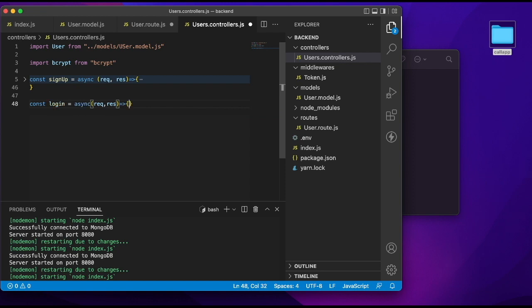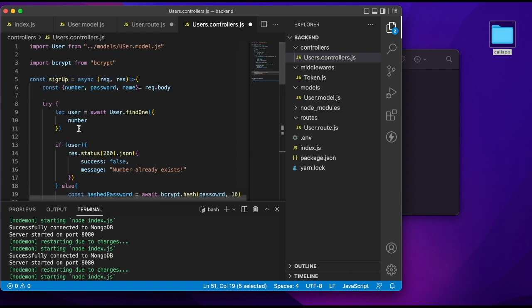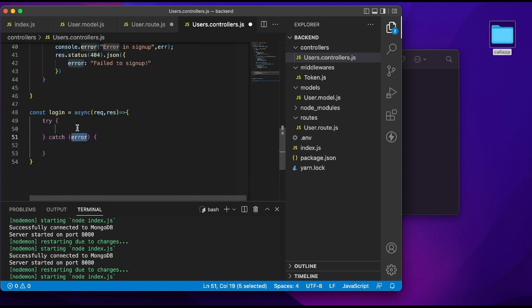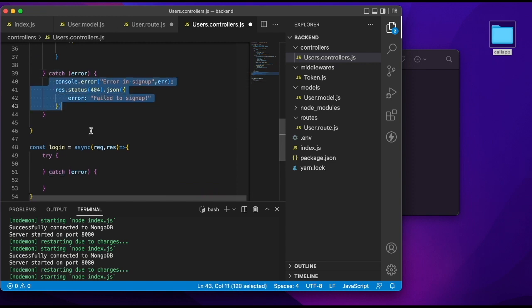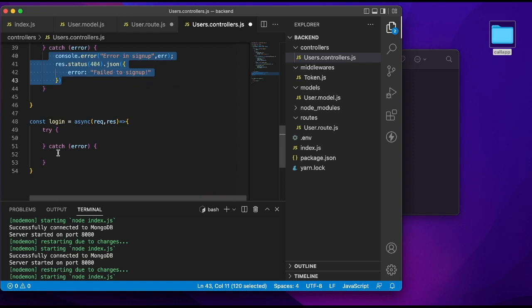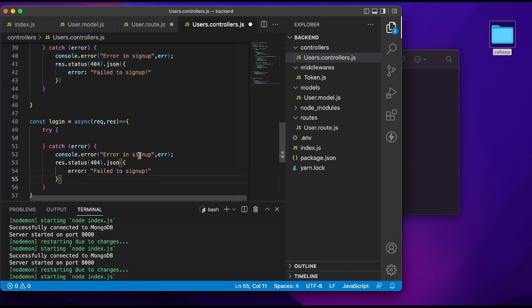This will be an arrow function, and this will have the try catch block as it is. And I think we can just copy the catch block as it is, because it's pretty much similar. So let's just copy this catch and paste it here. And so instead of saying error in sign up, let's change that to error in login